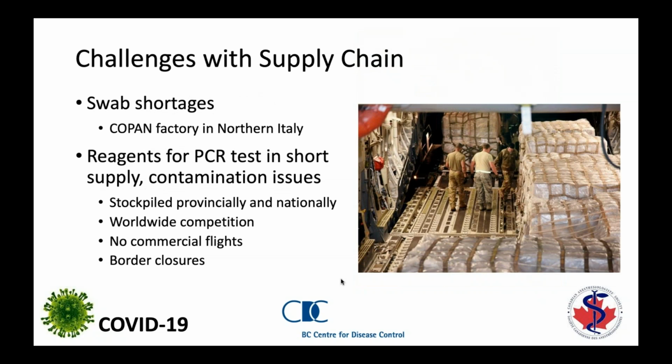So some of the challenges that we face since the implementation of these assays and testing in response to COVID-19 is the swab shortages in the world. And this is primarily because there's a universal dependence on a company called Copan. Its factory is in northern Italy, and we're all aware of that part of the world being hard hit by COVID-19. And this is a picture here of the US Air Force with their chartered plane collecting over 1 million of these Copan swabs from northern Italy and flying them back to the US. And so we're in constant competition with international sources of supplies for swabs as well as reagents.